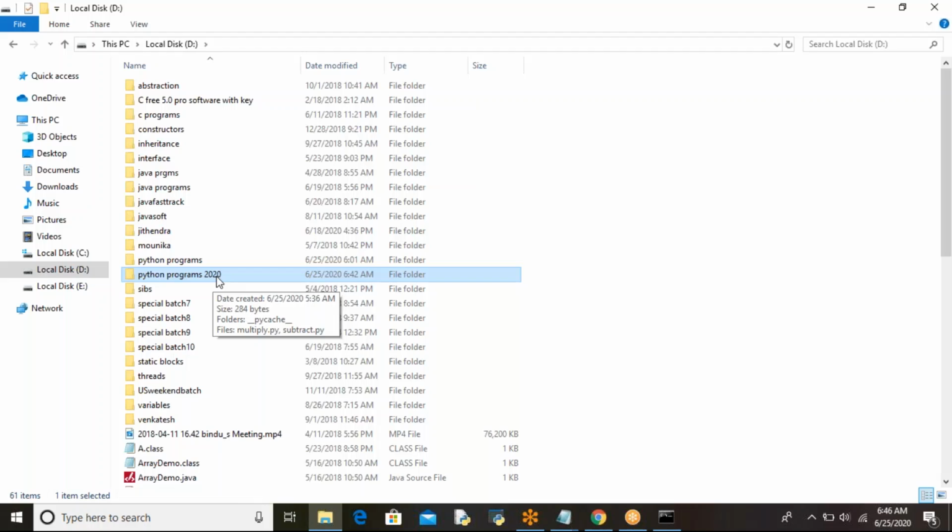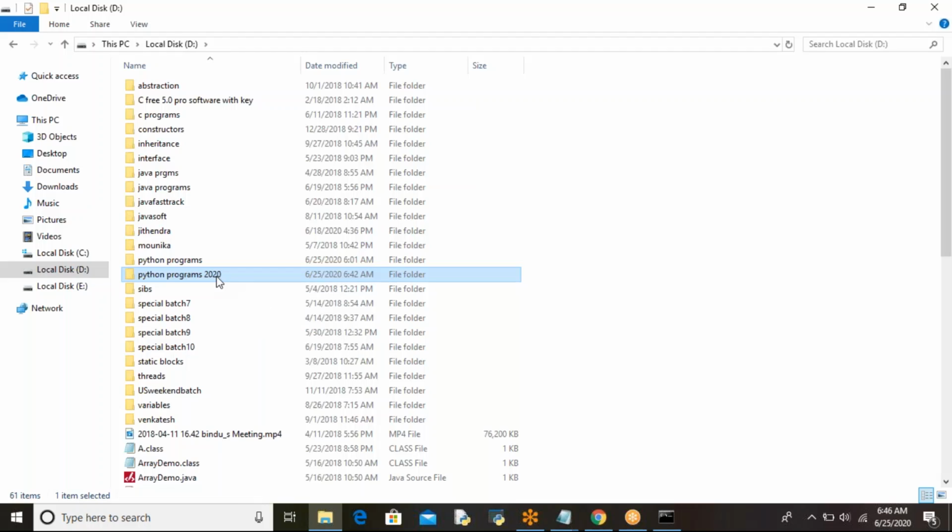It's not there in the Python directory. That's why, when we were installing the Python software, I selected the option to add the path to the environment variable. The second time, we went to properties, advanced system settings, environment variables.